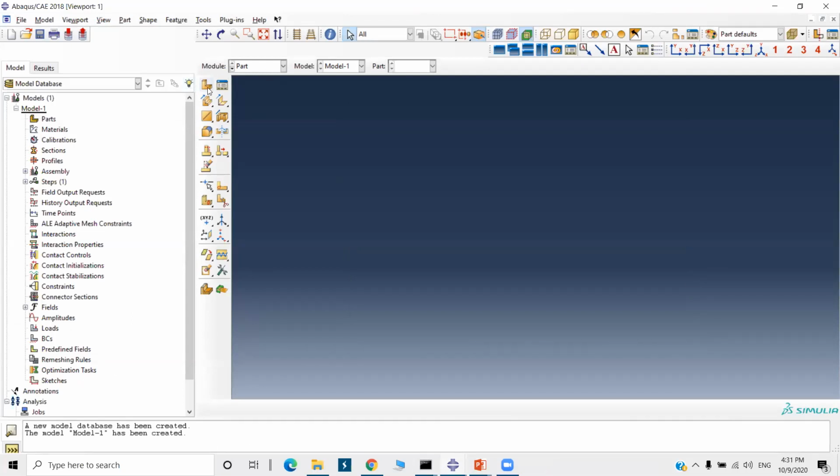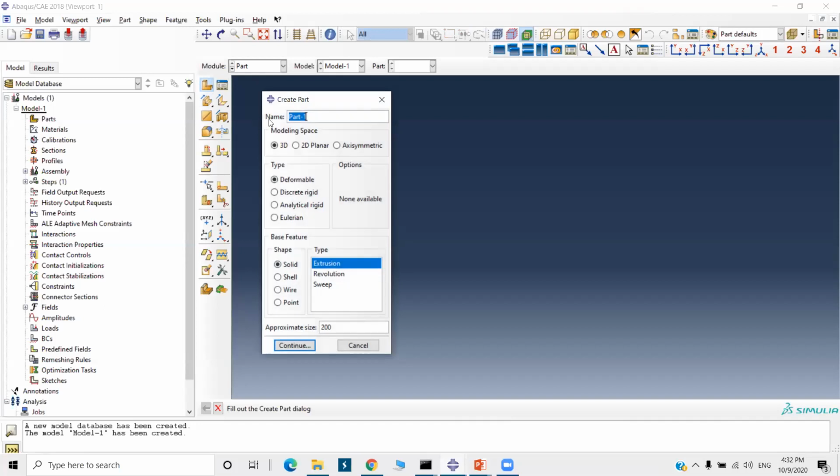First we will create a part. I will create a simple wing. Deformable, solid, extrusion. Okay.